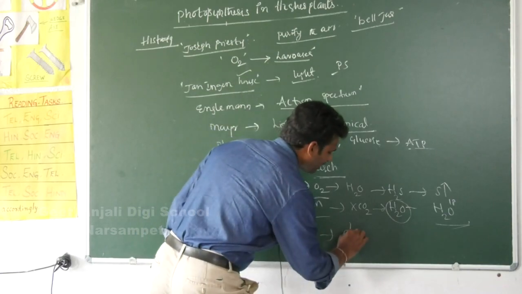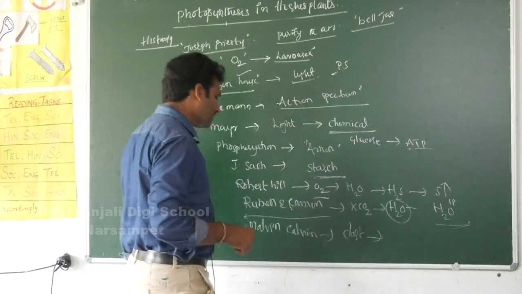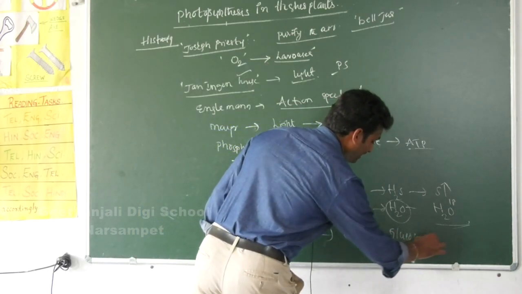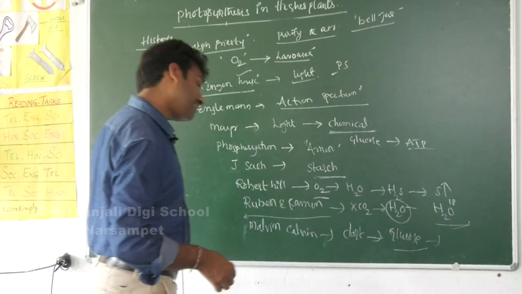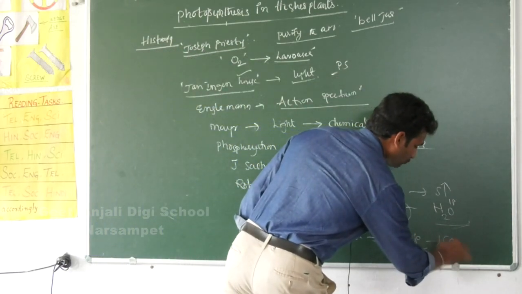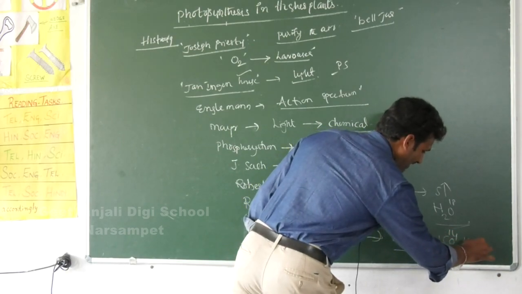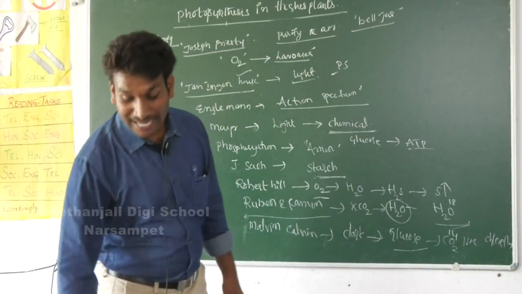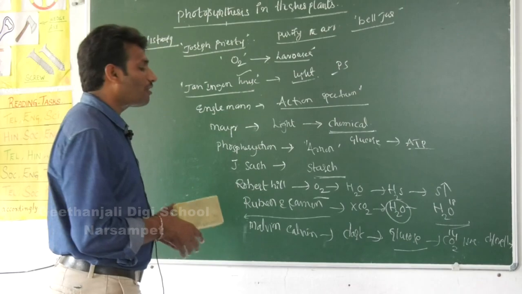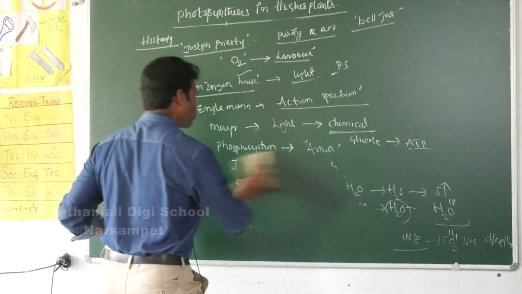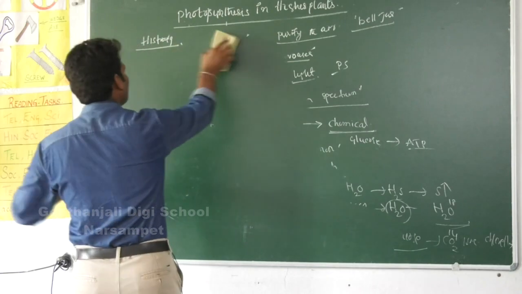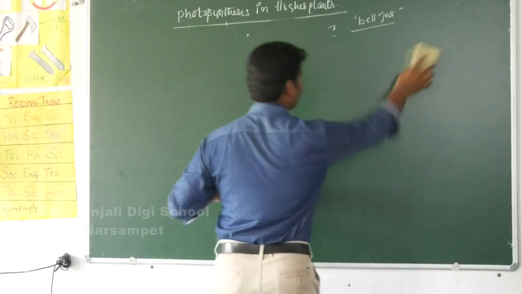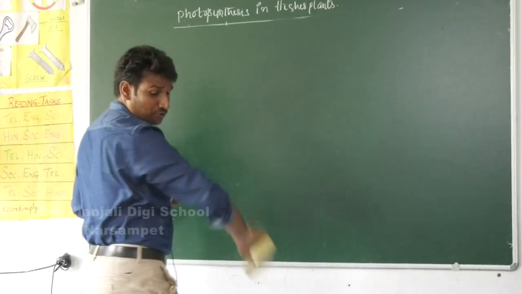explained the complete dark phase of the photosynthesis, and in this how glucose is formed and how the regeneration happens, all the process they explained. They worked with the C14O2 isotope, and they worked on an alga called Chlorella. Chlorella is also called the astronaut plant. So this is a general history of the photosynthesis. So whenever we see the photosynthesis